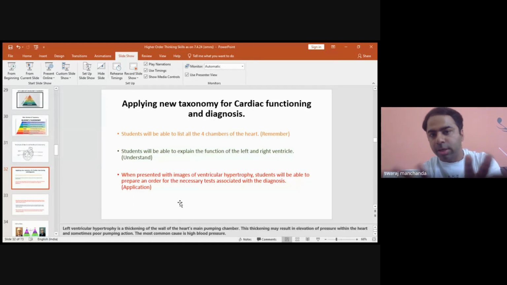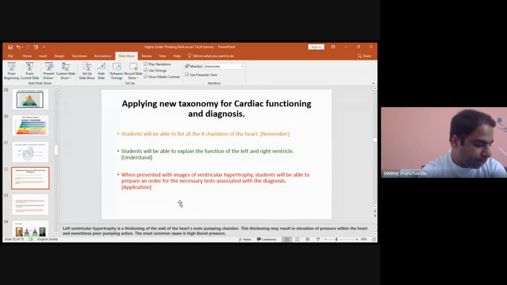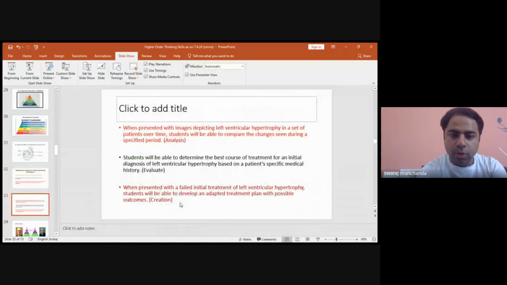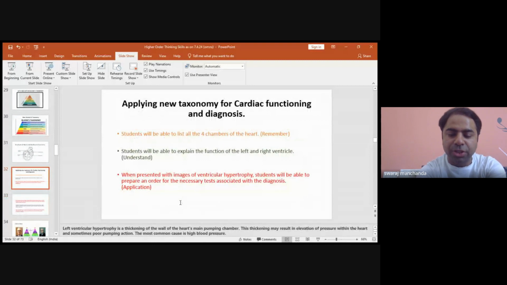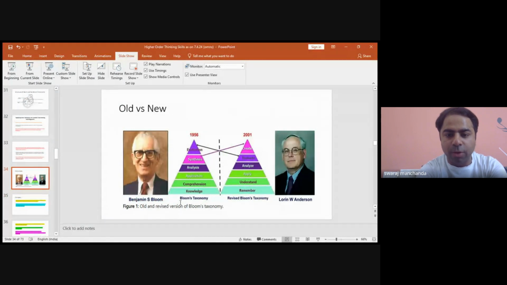You can teach the entire working of the heart, the chambers of the heart, how the heart thickens, how the pumping problem occurs, how we can reduce it through analysis of the patients over a period of time, how we can judge whether the medicine we are applying is proper or not, how we can create a new alternative medicine. All that can be understood through Bloom's taxonomy only. So this is all covered in the new version, cardiac arrest, but I'll skip this for a while. So old versus new, I have already told you the comparison.